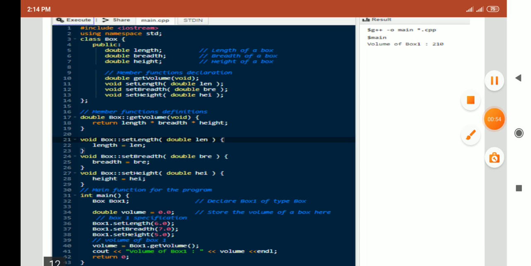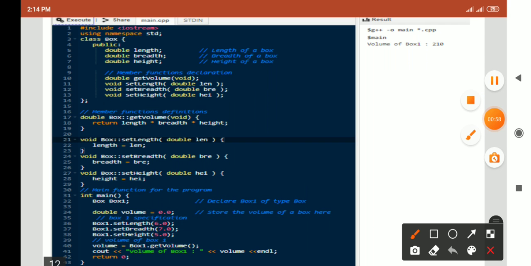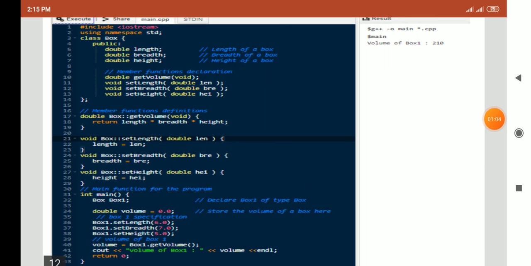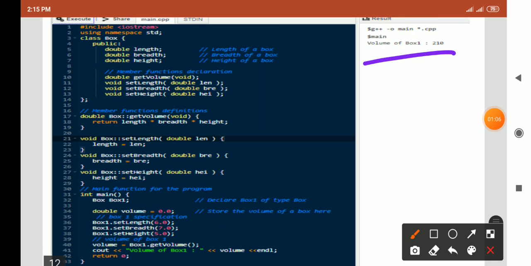Now consider this example. In this, you have to calculate the volume of a box. For calculating volume we require length, breadth and height.